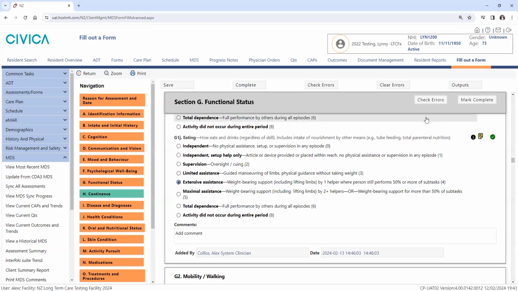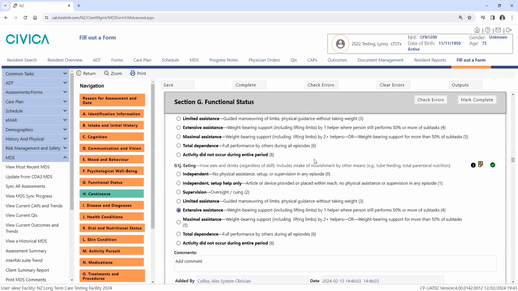When you enter your coding for an item, you should see a green validation to the right corner of the coded item next to the item help and comment icons. If you unclick the coded item, the validation will change to a red cross as you can see here, and it will also flag you beneath the coding item, "This field is required," to indicate to you that this item still needs to be coded.